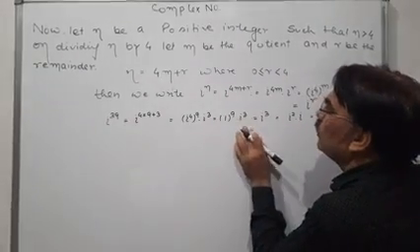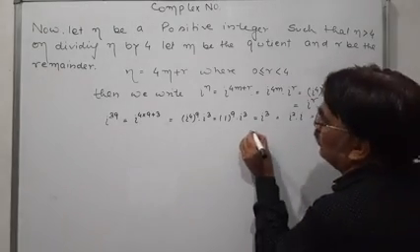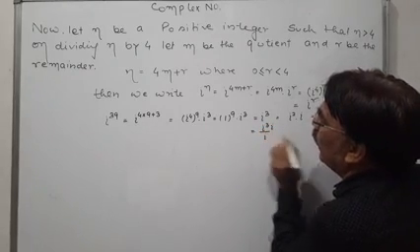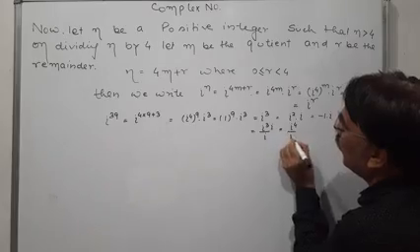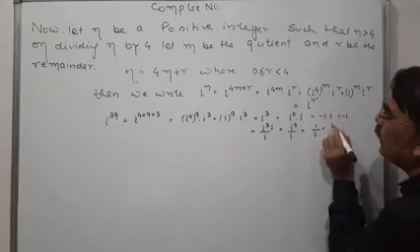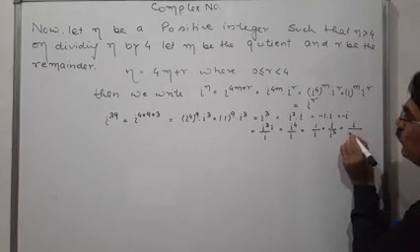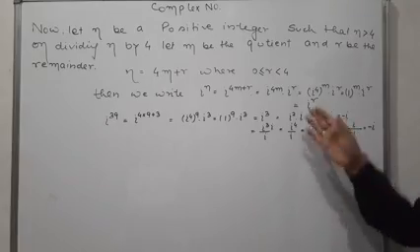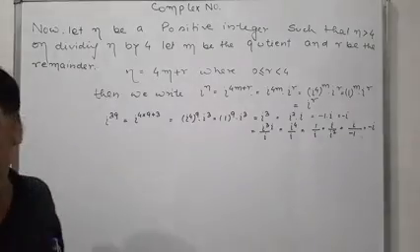See, from this place we can do it like this also. We have i cube, which is i to the power 4 upon i, equal to 1 upon i. Then multiply i again: i upon i square, and you will get the same value, i upon minus 1 is equal to minus i. Means if the process is correct, then you can find the value in any way.